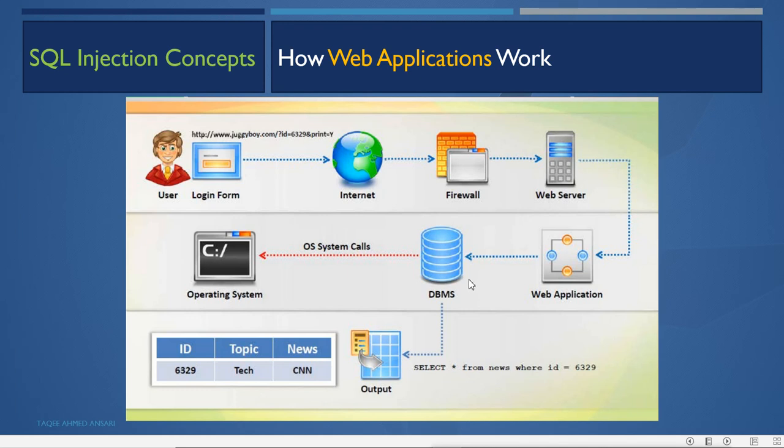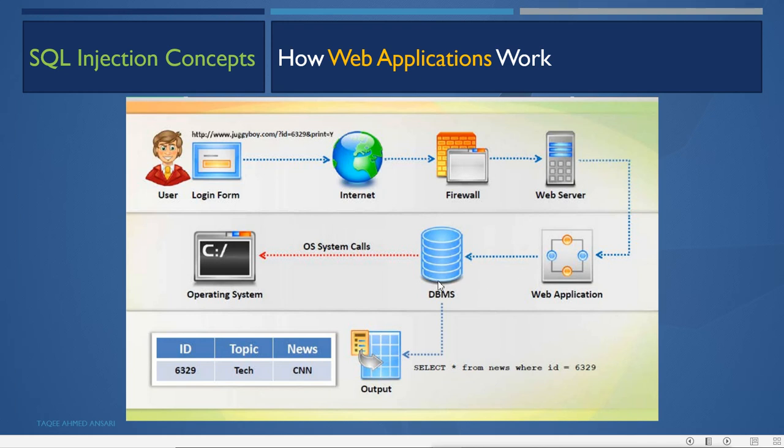Now if the query runs successfully and it gets a result, what result will it get? It will actually say equal to this or that. So in that case it will say true or false. The database server will send the query result, passing true or false. If it is true, then the application will allow the user to log in. If the database says false, then it will say you are denied.